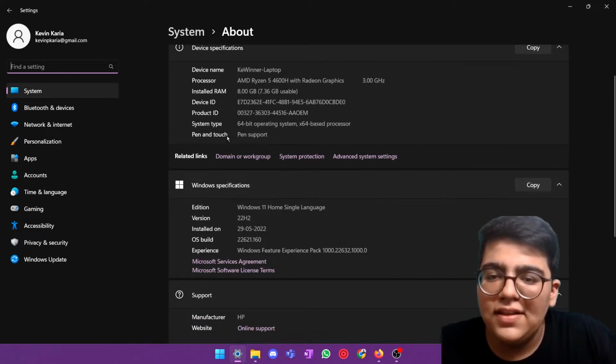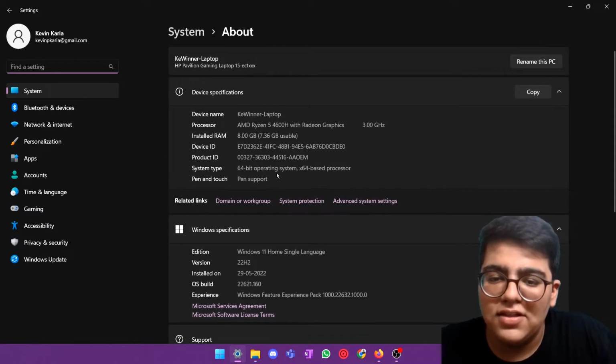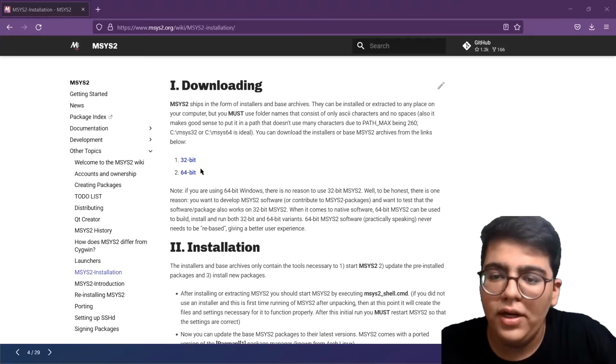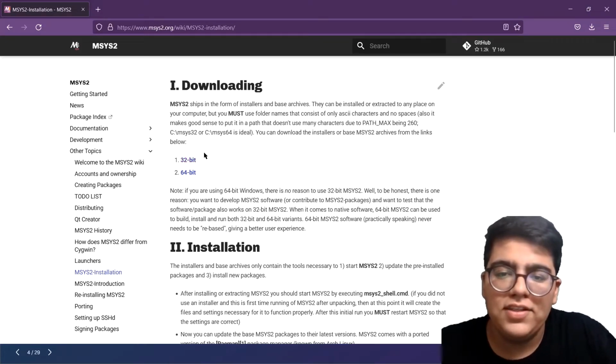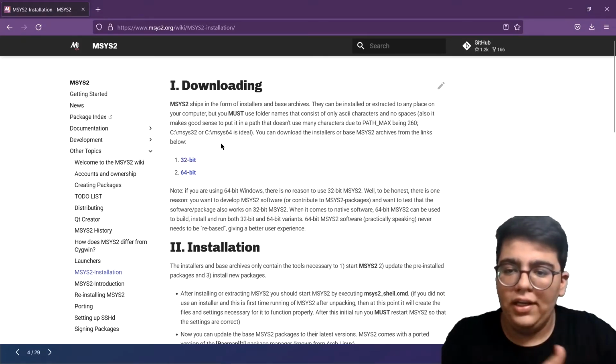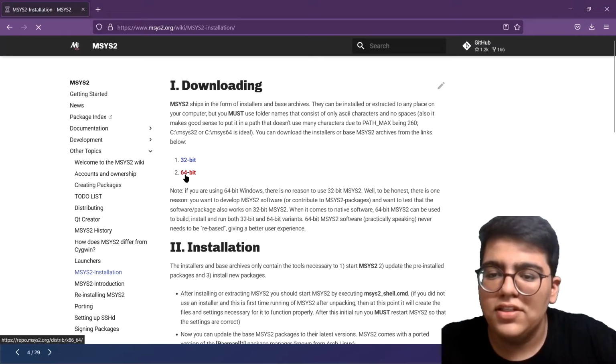And over here you can see that my system type is a 64-bit operating system. So I am going to be installing 64-bit. If it's a 32-bit, you need to keep this in mind and change the entire process accordingly. Let's click on 64-bit,